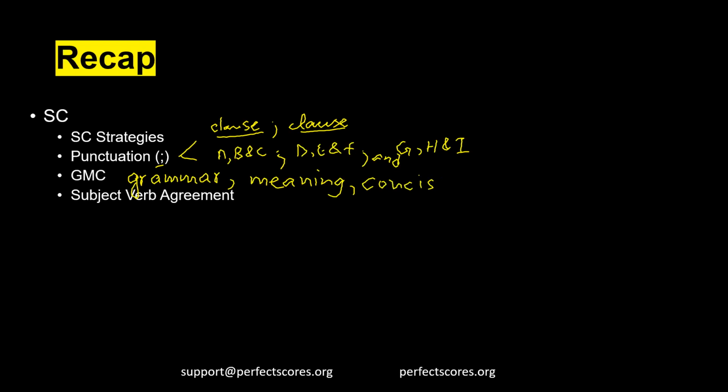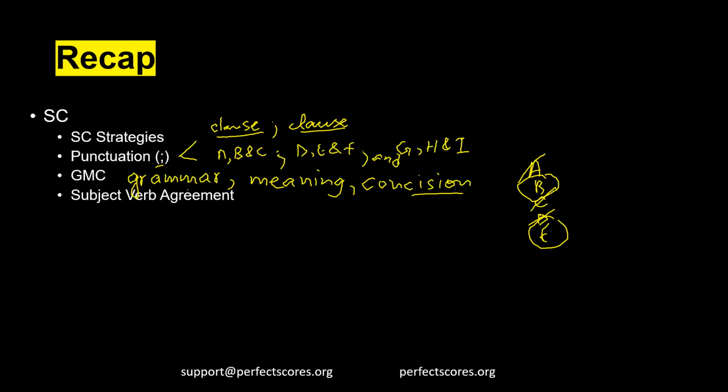So let's say out of 5 options, you have these 5 options, A, B, C, D, E. Out of these 5 options, you're able to eliminate A and C because of grammar. The next thing that you're looking for is going to be meaning. And let's say D does not make any sense. Now the last thing that you look for is concision. So you choose the option that is more concise, that uses less number of words, that uses the active voice,